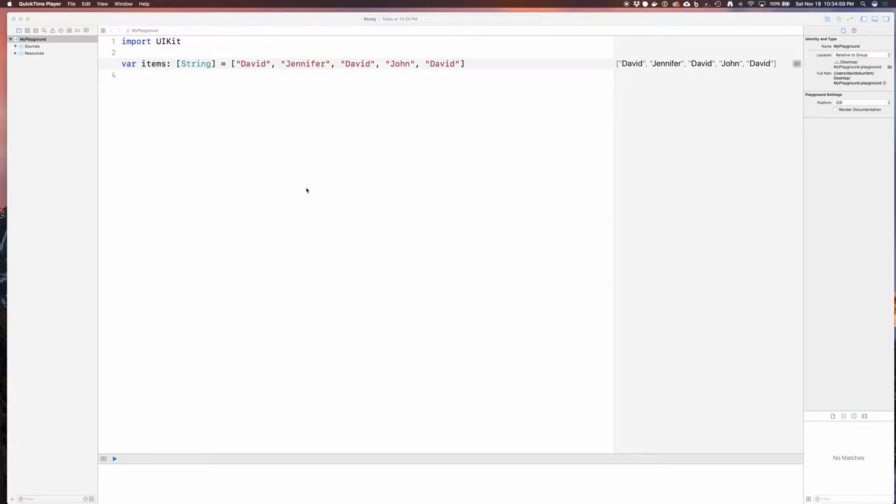Let's say you have an array of 5 different names here. In this case, this array contains a bunch of names, 3 of which out of the 5 are David. Let's say that you needed to go through that array and pick out the ones that are named David and